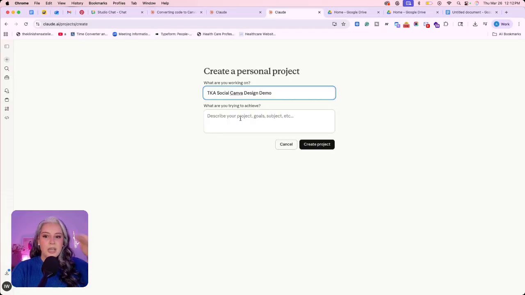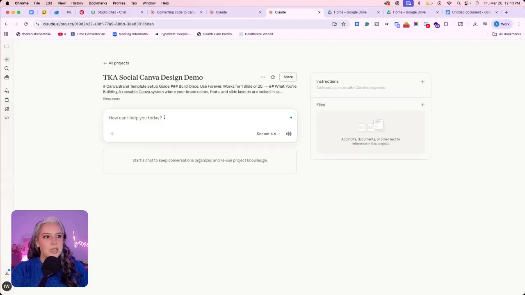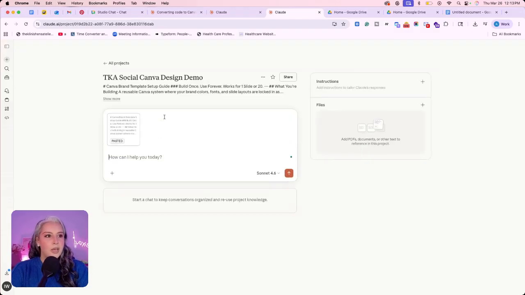Essentially, I'm going to give you some instructions that you can use to copy and paste. Now, you will have to update your colors. What you can do is give Claude the instructions and just give it your information. So we're just going to set it up step by step. I'm going to give you the instructions that I created. This is the one specifically for mine, but I'm going to give you the more general one. So I'm going to hit create project, and I'm going to pop in the